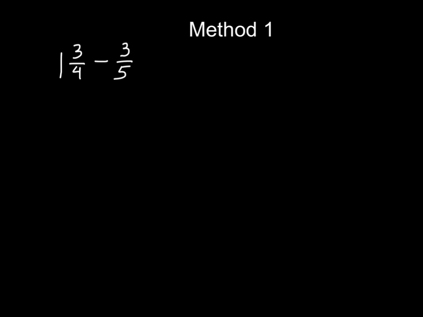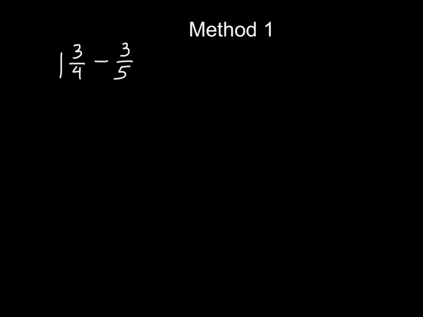Okay, hopefully you all found that problem on the quiz fairly straightforward. Now we're going to bump up the complexity a little bit by subtracting a fraction from a mixed number. And there are 3 different ways that we can do this, so I'd like you to work through all 3 ways with me and then choose the one that makes the most sense to you to use in the future. And you may also find that different methods work for different numbers. So we're going to subtract 3/5 from 1 3/4, and in method 1 we're going to decompose 1 3/4 into